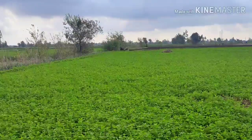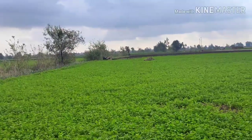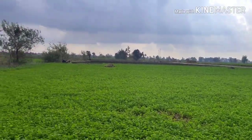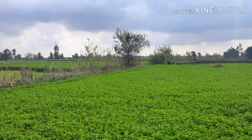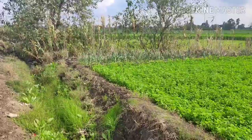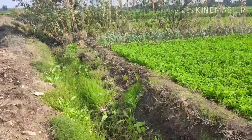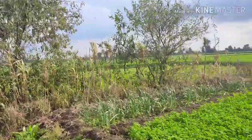Look how wonderful it is to see the green color in the countryside. And look how neat, how organized this lot of land is. And look, if you want to know the clever farmer or the careless farmer, look at the edge of his land. You could see that the farmer let weeds grow, like what you can see now. So he's not a careful farmer, but some farmers try to use every piece of land,